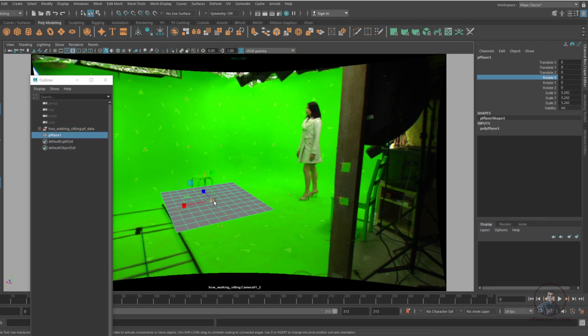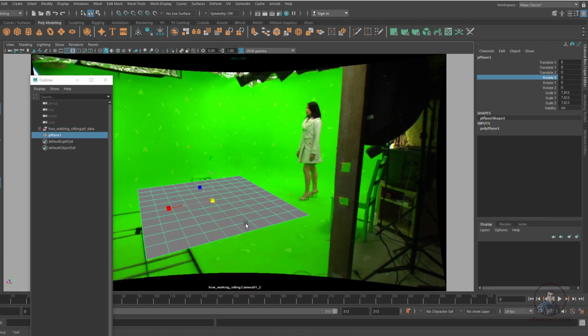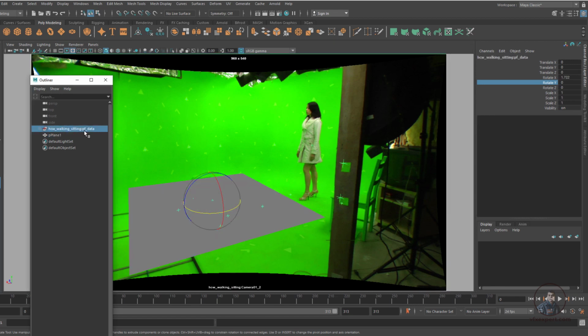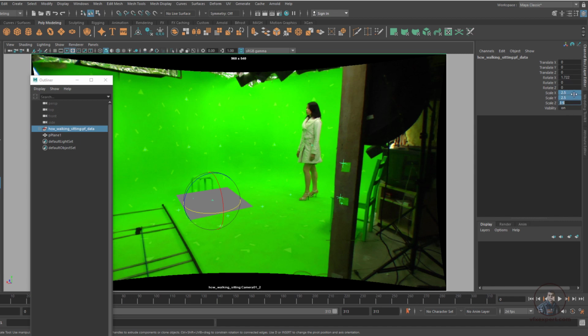Let me scale this plane. Maybe like this. If you want to scale your scene a little bit, then we also have to select this scene group, and if you want to scale uniformly, we have to type a value here, maybe 2.5 or maybe 3 or 10, and this totally depends on your requirement. Okay, so this is not compulsory. Then with the help of this orientation you can orient your scene according to this scene.